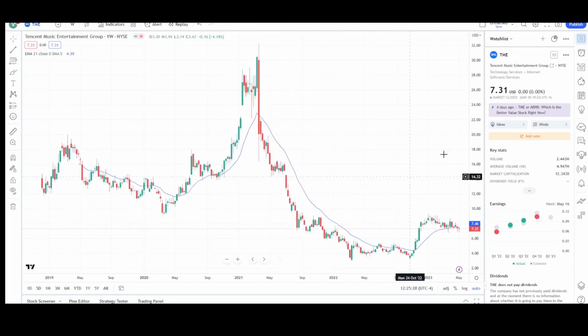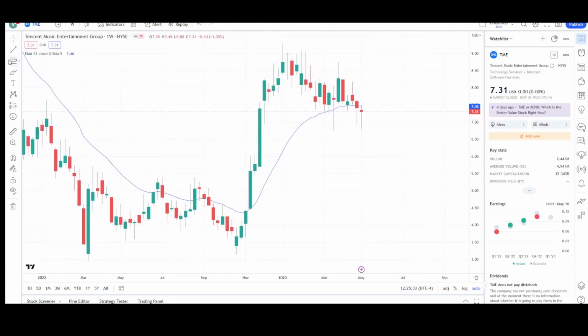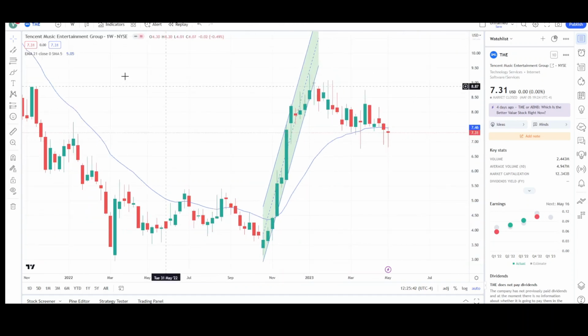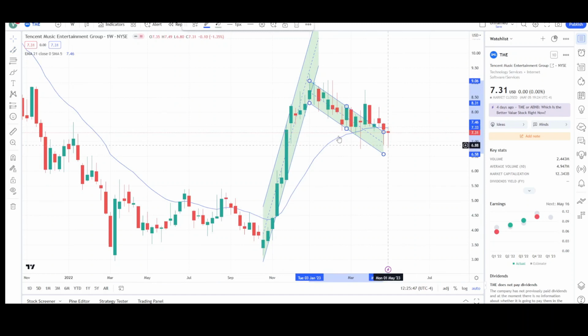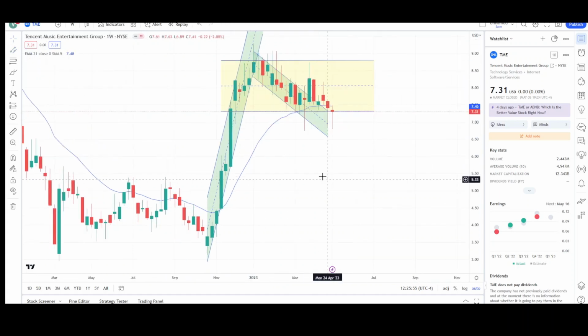But let's take a look at the weekly chart at a closer scale. So here was the entire up move right over here. Draw a channel, fits pretty good against the price action. Then we started going in this little downtrend right here. Price broke the downtrend, made two legs down to a new low, found support. It looks like we could just be in a ranging pattern with a downward bias to it. So maybe we're not in a wider channel. Maybe we just bottom and we can hit the highs of the range again. So we'll have to wait and see.